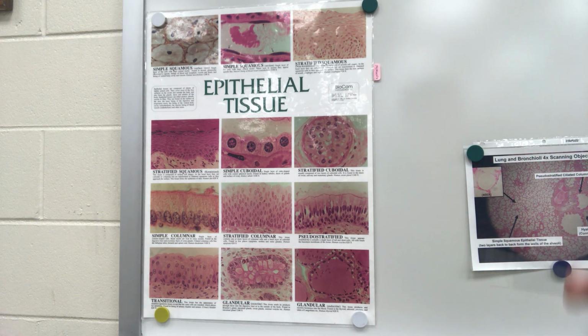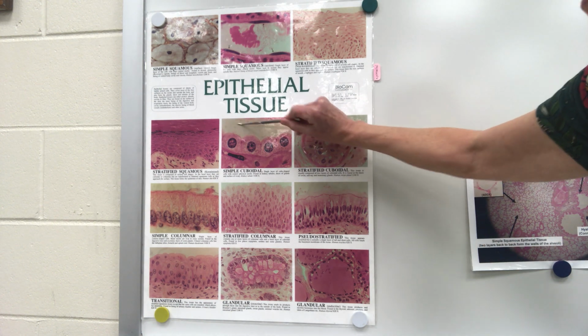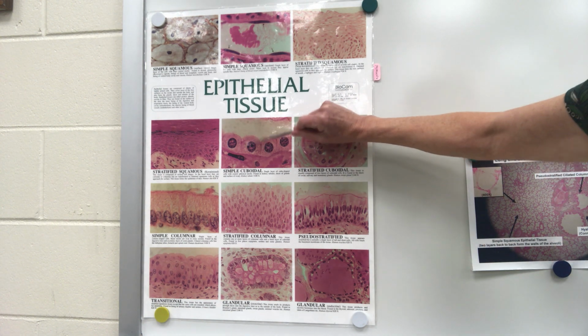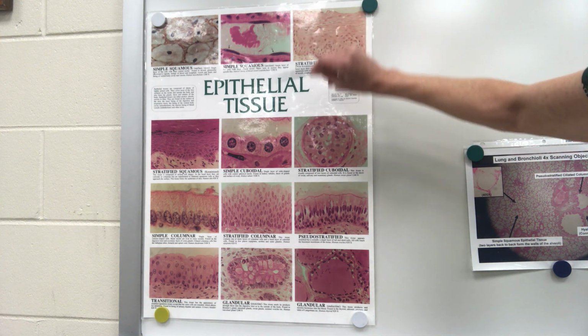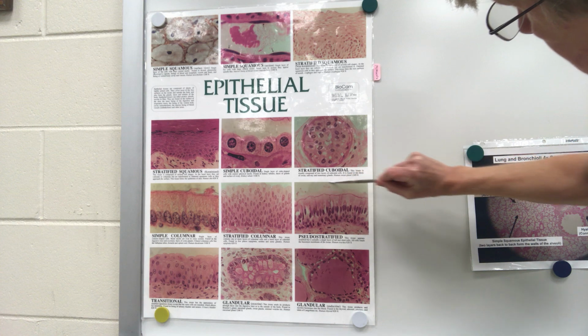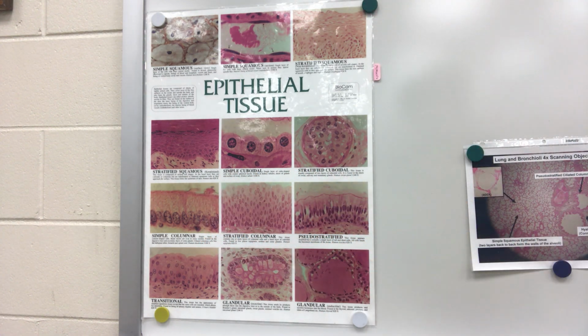The one thing about your epithelial cells, when you're looking at the tissues, what you want to be always looking for on the slides is the open space where there is nothing. This is the inside of the organ or the outside of your skin exposed to the environment. So this free space where there is no cells, there is nothing there, will indicate that it is epithelial, since it is either outermost or innermost.